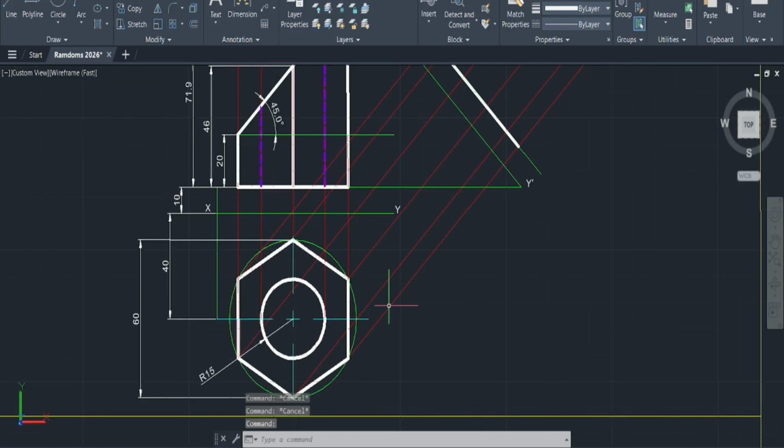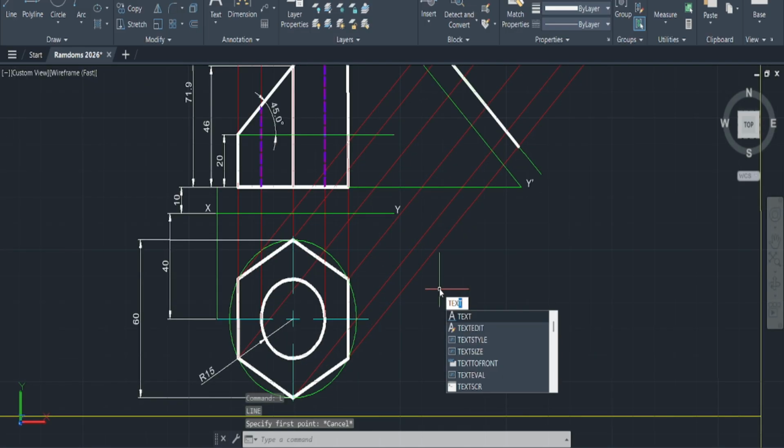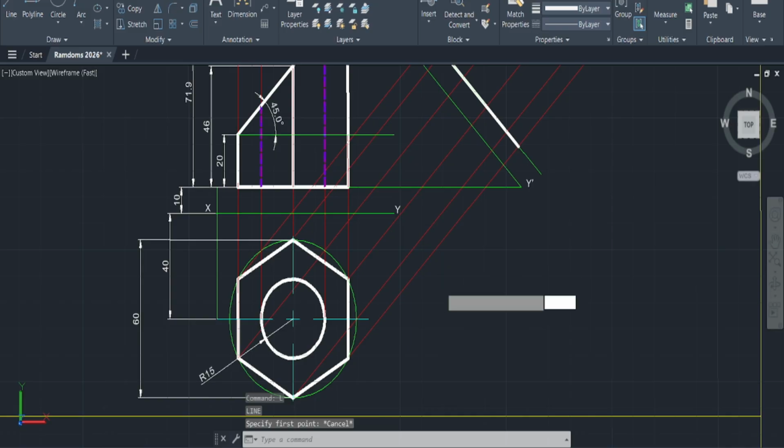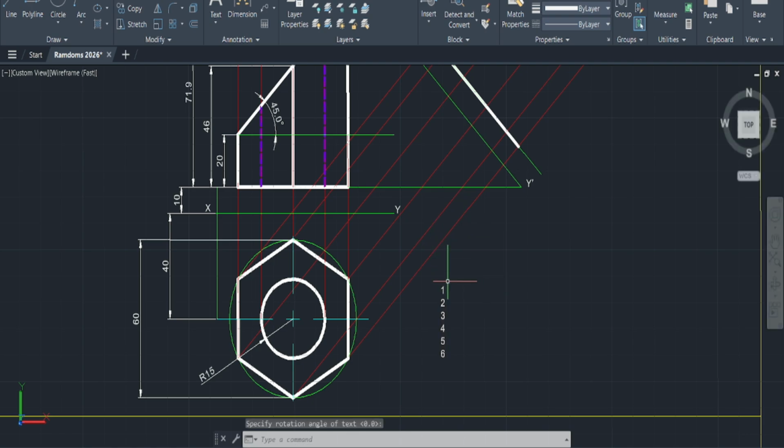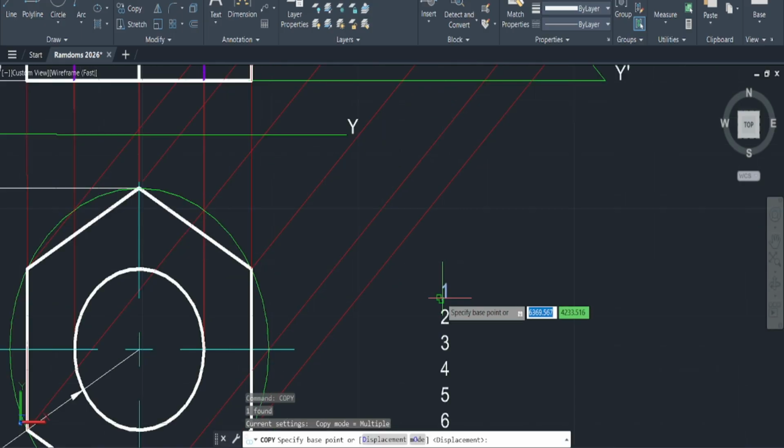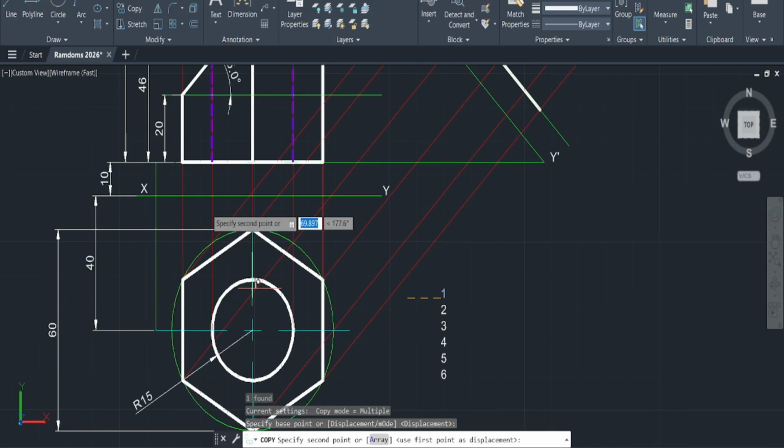So off the back, I'm going to use the outline. I'm going to click text, and I'm going to start off by simply using 1, enter, 2, enter, 3, 4, 5, 6. So that should represent 6 points. Now I'm going to come here, nice, and I'm going to copy this,